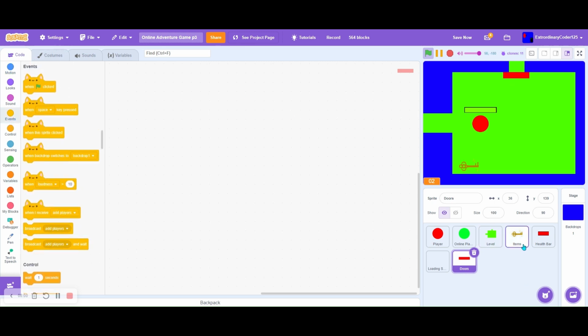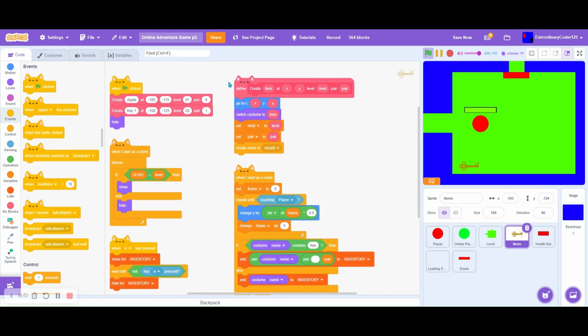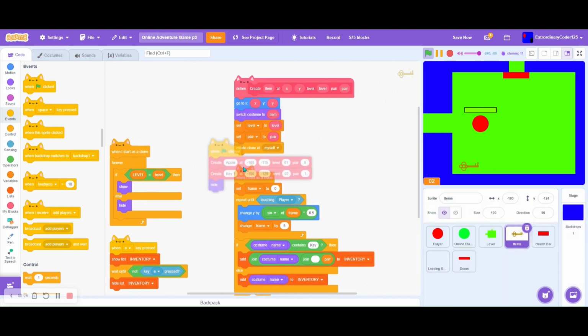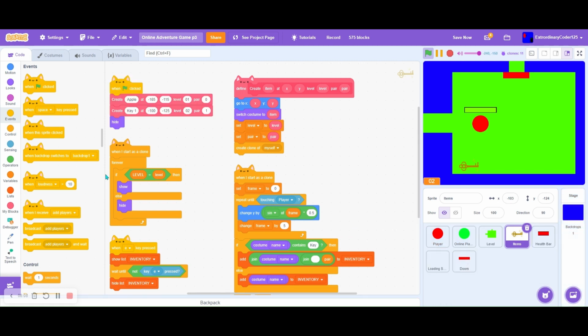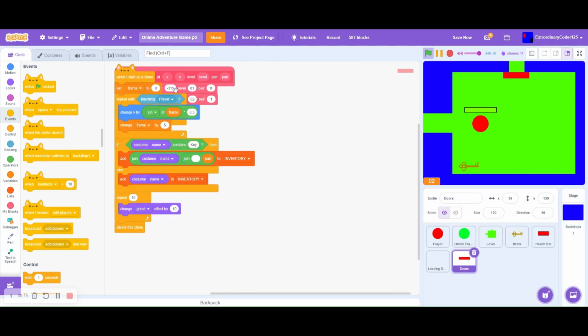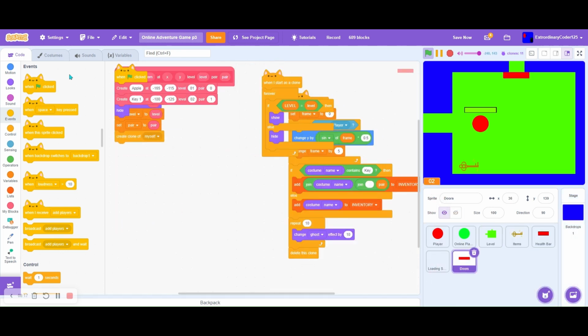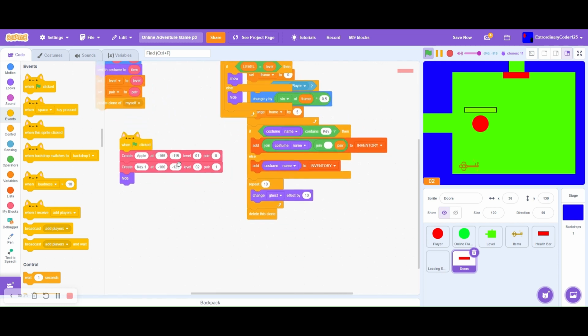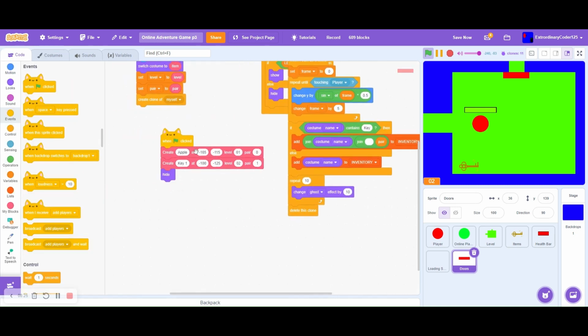so let's go to the item sprite. So we'll drag the create item to door in the doors. When green flag clicked, then when I start as a clone, both of them, and we don't need the inventory to be shown, so yeah. Now we have all these. So we don't need to edit the create item, but we could set the door. Let's create door